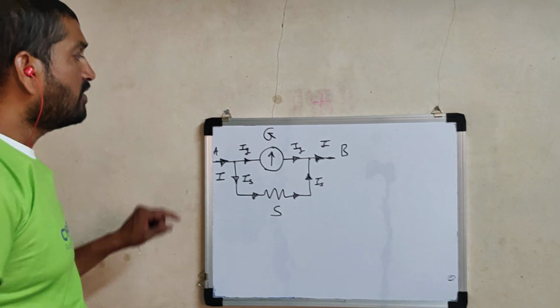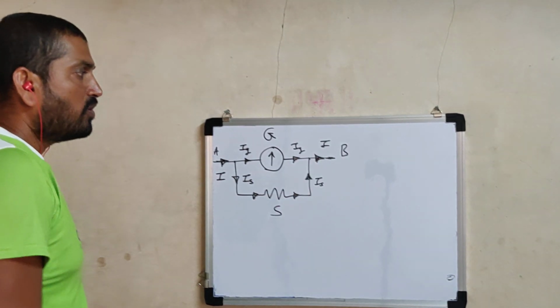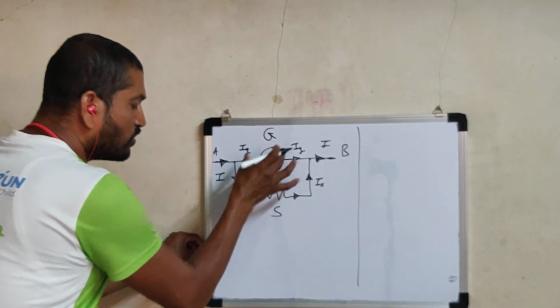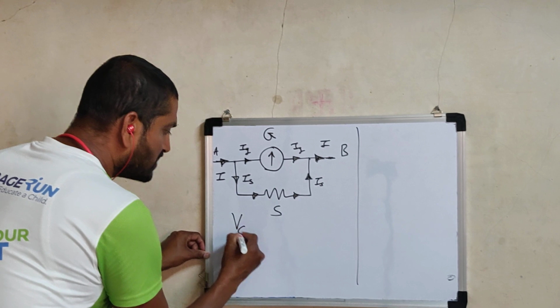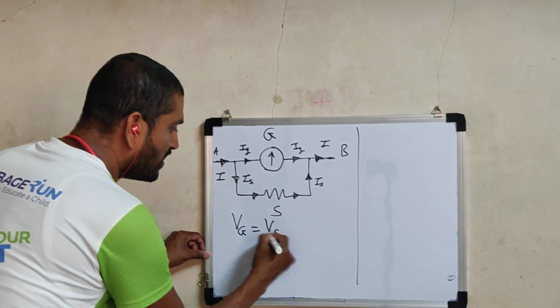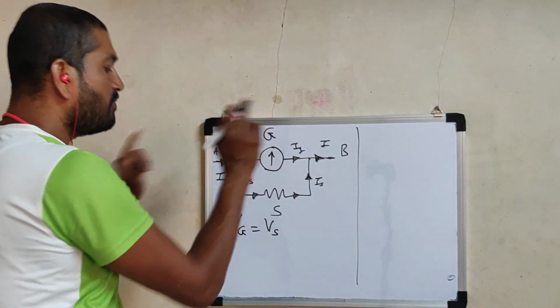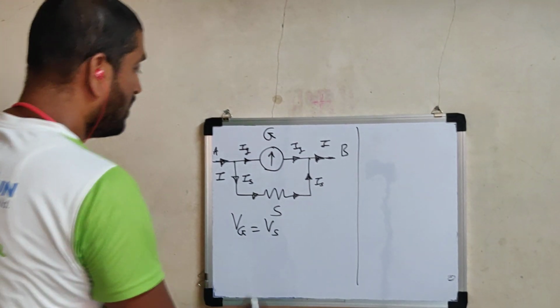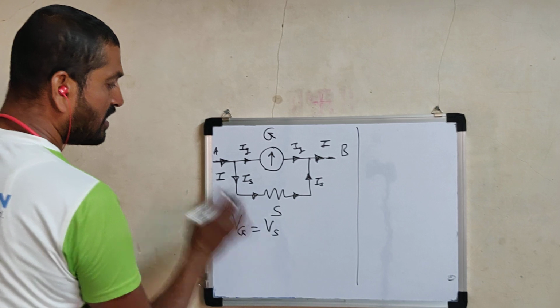Now here these two are in parallel. So what is the law of parallel combination? Yes, tell me. The voltage across both components will be the same. Meaning the voltage across the galvanometer is exactly equal to the voltage across the shunt, because they are connected between two common points. Already in 11th standard we discussed this law: voltages for a parallel combination are always the same.